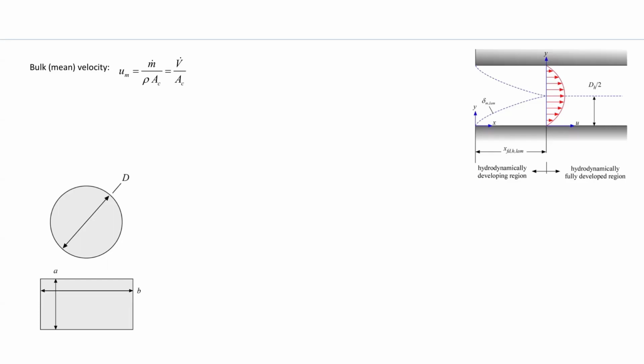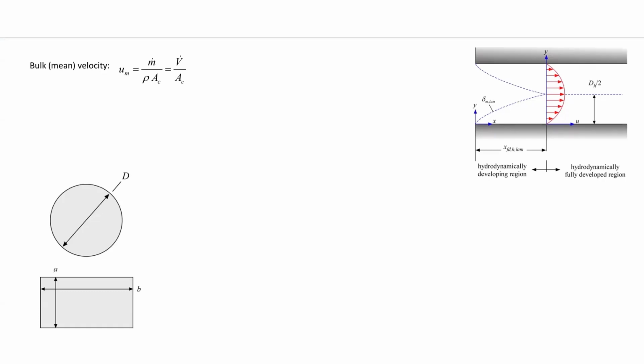One thing that we care about, though, is how much the flow profile affects, say, pressure drop or shear stress in our duct, or whatever it is that we're looking at. In order to express correlations for these geometries, we introduce something called the hydraulic diameter. Okay, so the hydraulic diameter is defined as